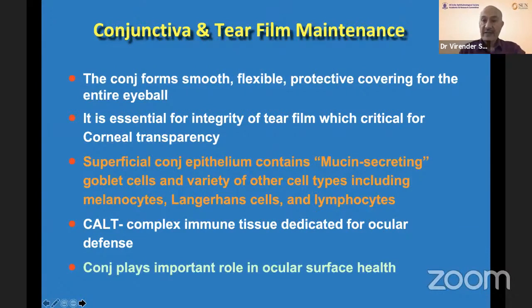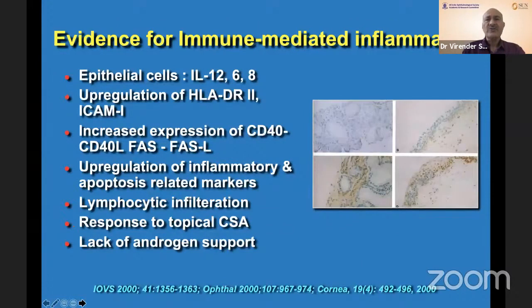80% of the refraction happens at the tear film-air interface. Therefore, the epithelium is so important. And similarly, the role of the conjunctiva-associated lymphoid tissue in the overall health of the ocular surface. Also, it's very clear in the last 20 years that